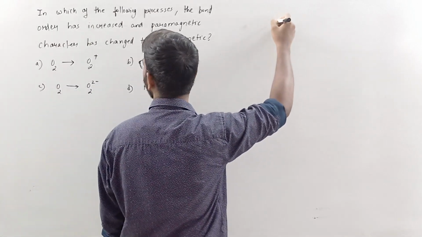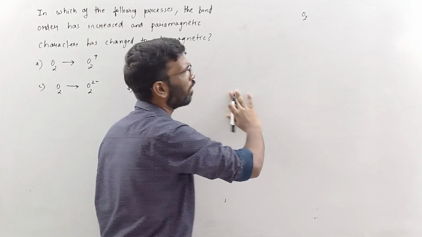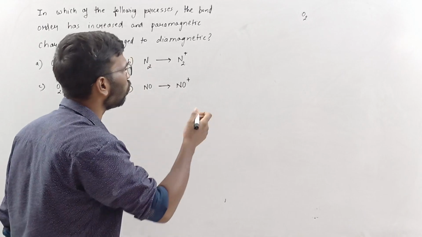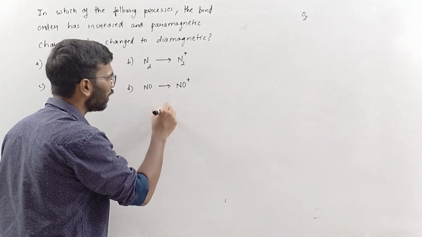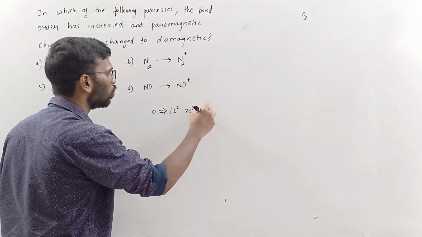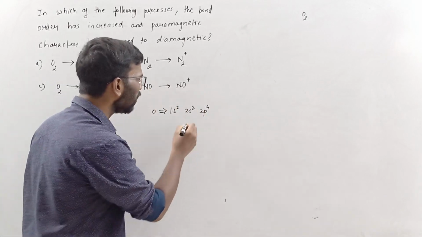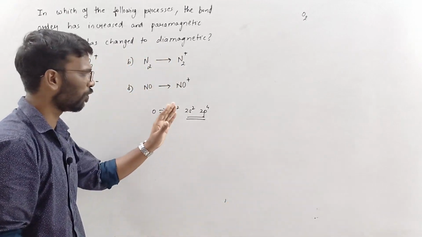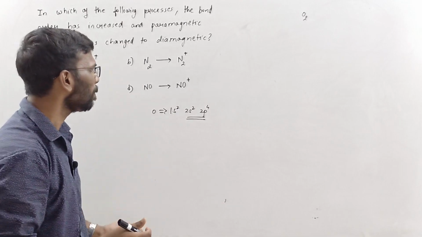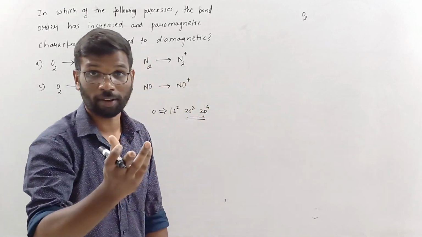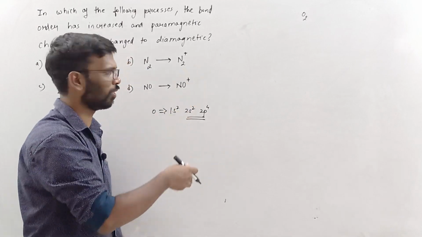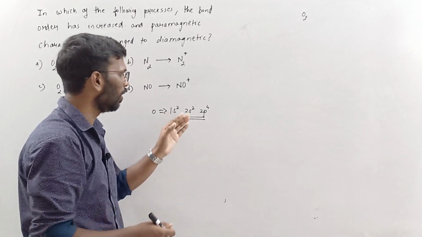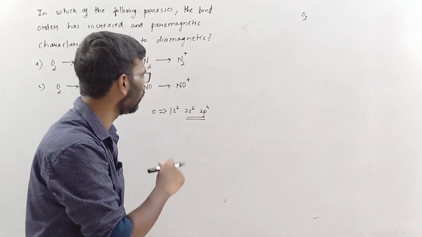So first is O2. I am not going to draw that typical diagram, it will take a lot of time. We'll do a rough work. Rough work means oxygen's electronic configuration is 1s2, 2s2, 2p4, right? So I'll consider only the outermost, the innermost I'll not consider. Whether you consider it or not, you are going to get the same answer. So this is a trick, not the actual method. While doing it, you have to do it from the lowest orbital, but just to solve the questions quickly, I need to do this as early as possible.